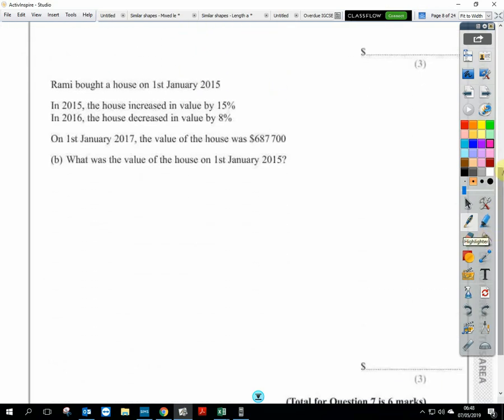Rami bought a house on the 1st of January 2015. It increased in value by 15%. Okay, so that's 1 plus 15 over 100 as a multiplier, which turns out to be 1.15. In 2016, the house decreased in value by 8%. That means 1 minus 8 over 100, which is 0.92. Okay. On the 1st of January 2017, the value of the house was